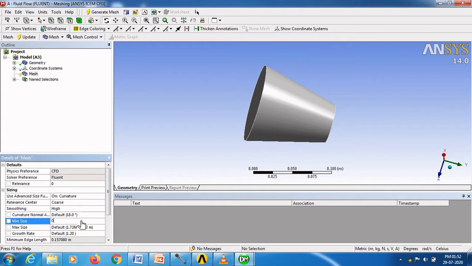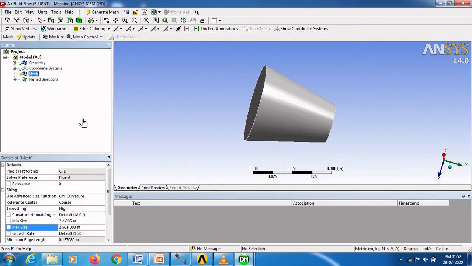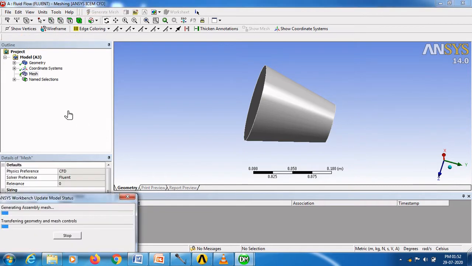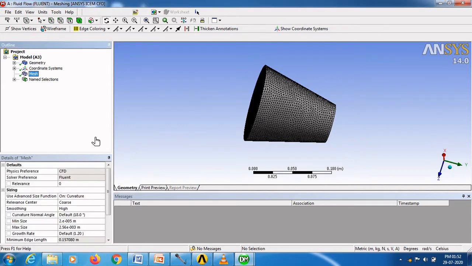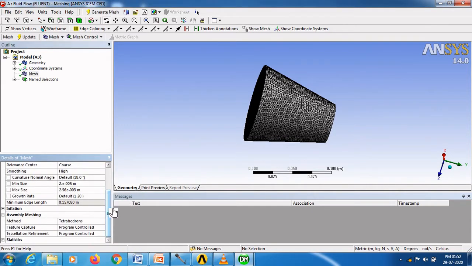Here I am going to provide 0.0002 meter for the minimum size, 0.002 for the maximum size, and click update. Now the tetrahedron mesh is created.